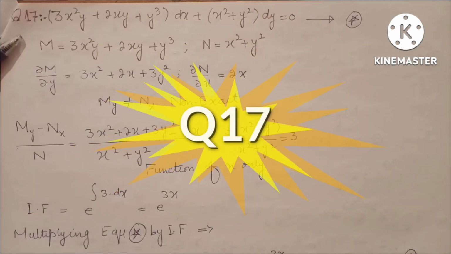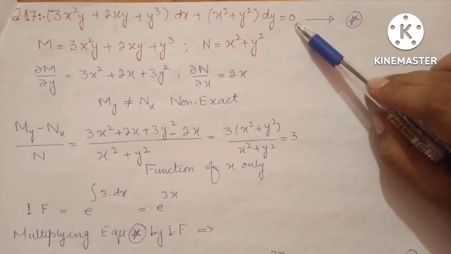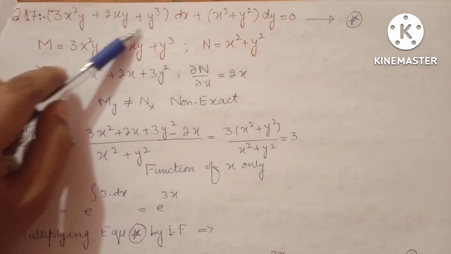Bismillahirrahmanirrahim. Exercise 9.5, question number 17. (3x²y + 2xy + y³) dx + (x² + y²) dy = 0. स्टैंडर्ड फॉर्म से कंपेयर किया की वैल्यू हमारे पास ये आ गई जो dx के साथ है,